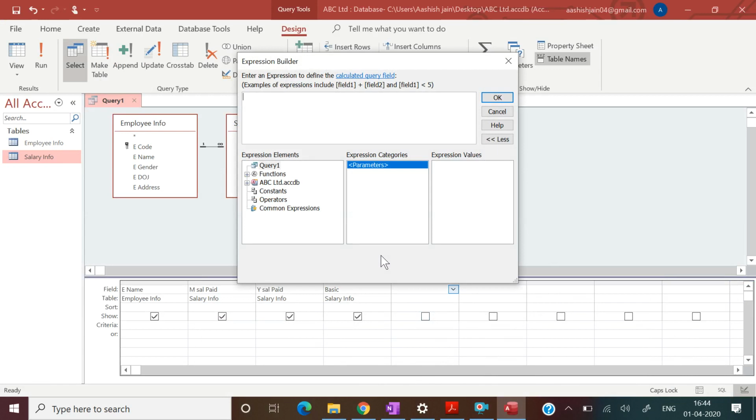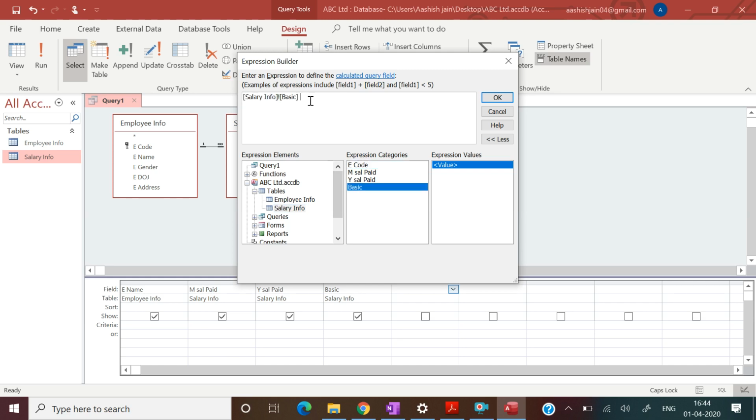Now we need to find the basic. Just click on ABC Limited. In tables, in salary information we will get basic. Double click on basic and put the star or multiplication sign.